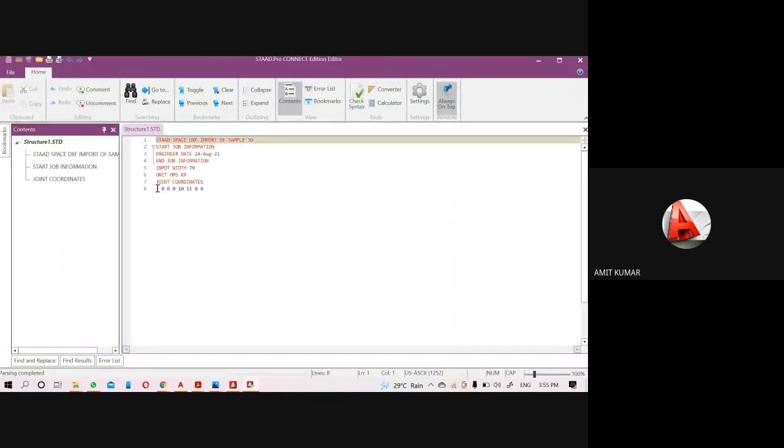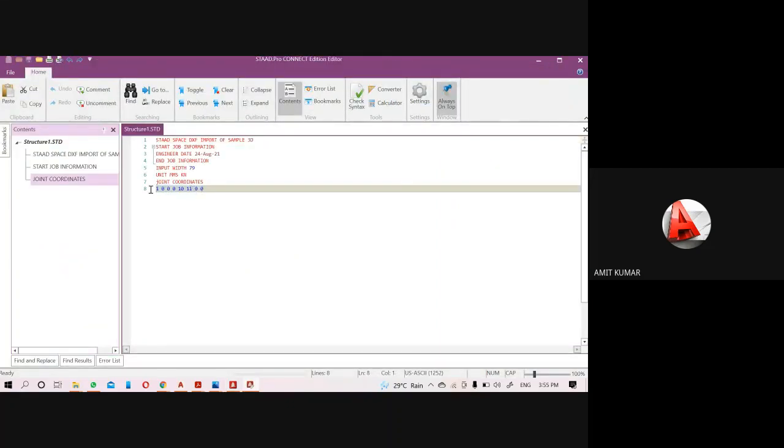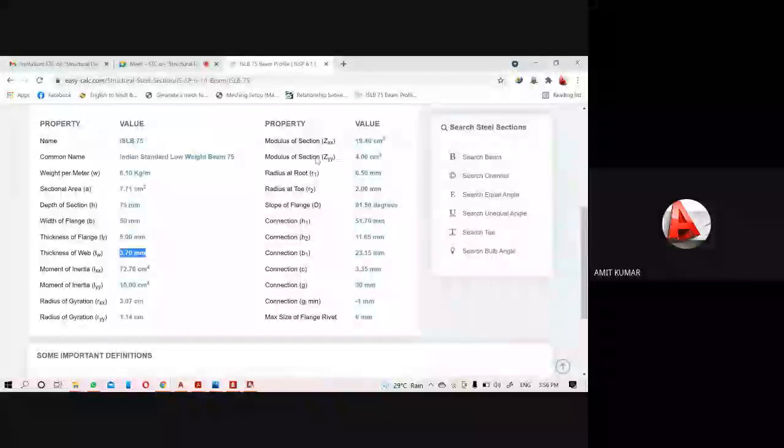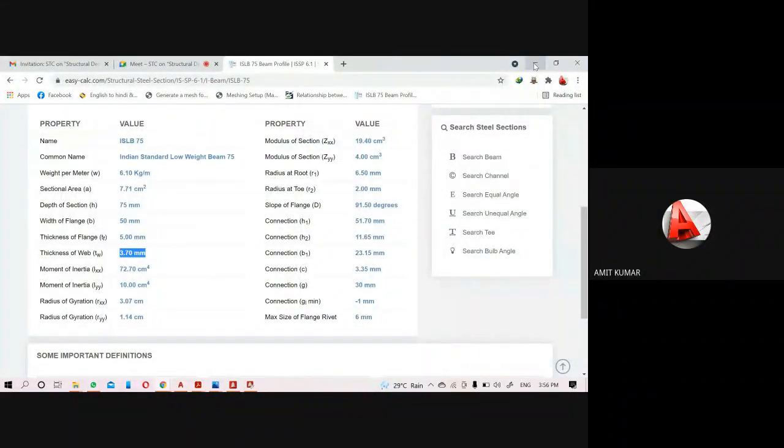So by giving only one line, you can see I just created those 10 nodes. Same in spherical staircases, spiral staircases, we can create a complete spiral stair through 2 lines of commands. Okay, I will show you in the next session.